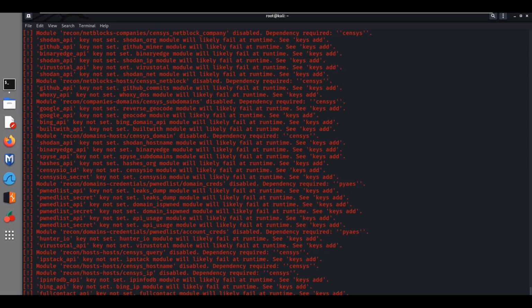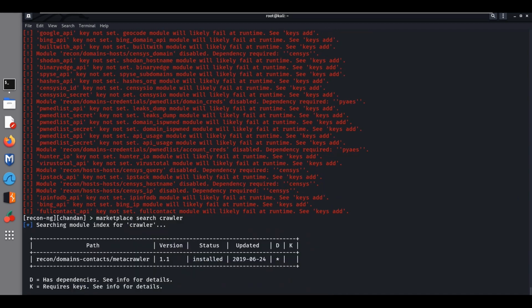Now I will write here marketplace search crawler. Now this is a very important tool, the crawler, that is Metacrawler.